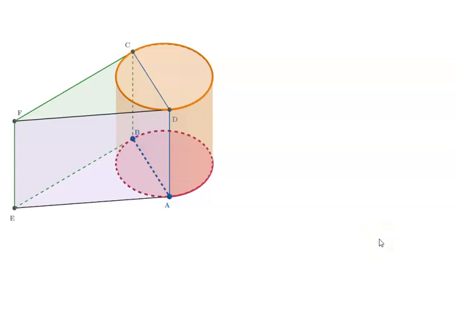Let us look at proposition number 12 of Works of Archimedes. More specifically, book 1 of On the Sphere and Cylinder. The proposition says, if at the extremities of two generators of any right cylinder,